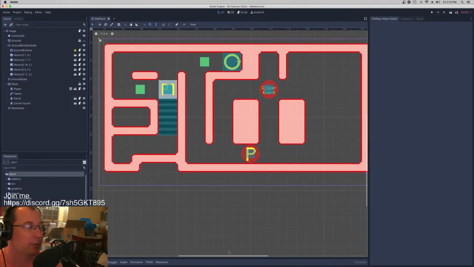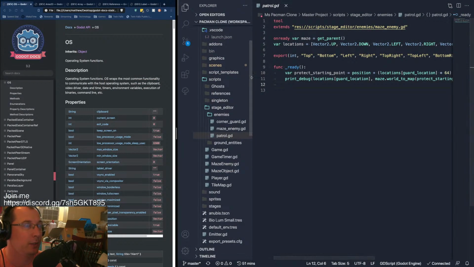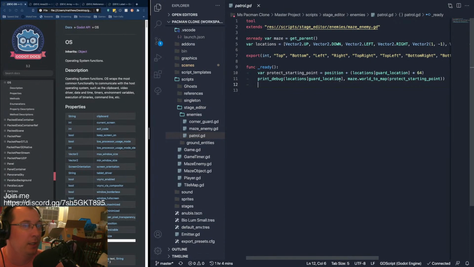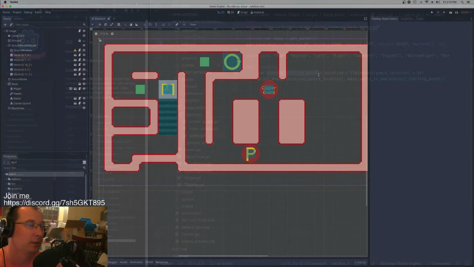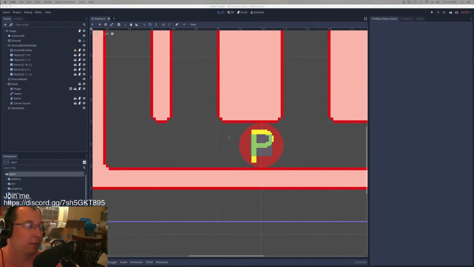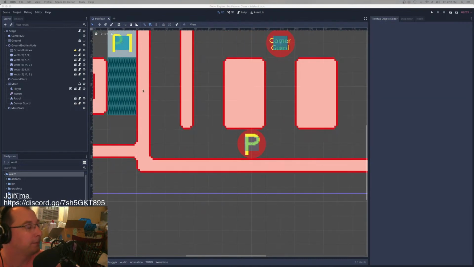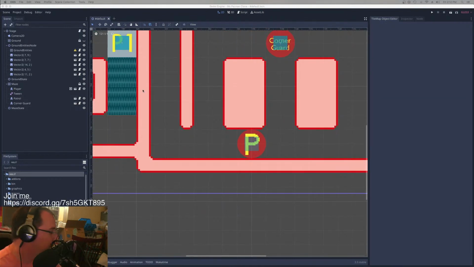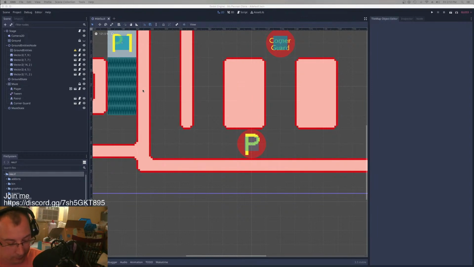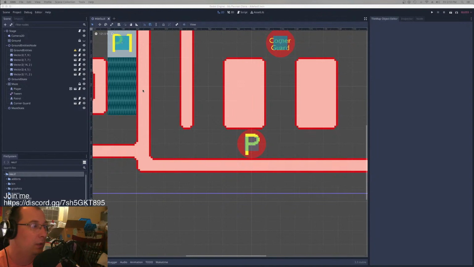Now we're working on our patrol enemy, and we've got our code here. We got started yesterday. Basically, this math here determines the starting point for the path that the guard will take on its patrol. So what we're gonna do,